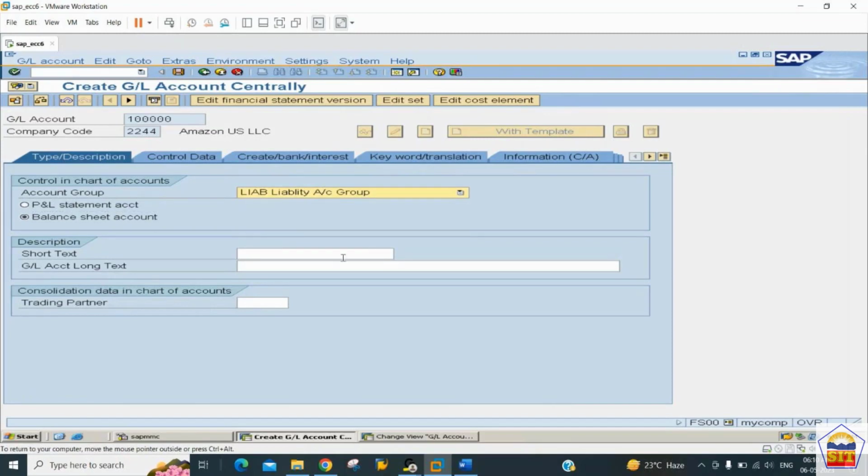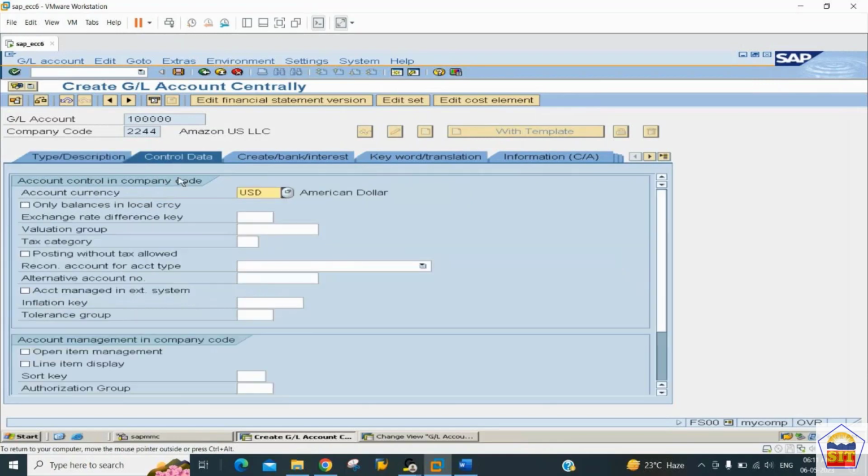After that, we need to give the short name, long name. So let's have here the short name, long name as share capital account. Then go to the control data tab,